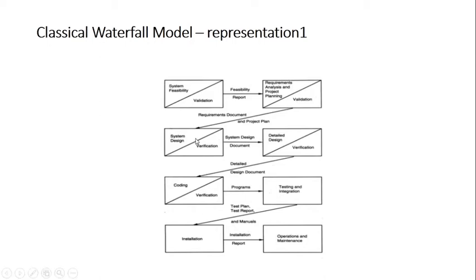Now we have two representations for this model. First I'll discuss the most descriptive way of representing this model. Though we say that we have 7 phases, here we have represented 8. We have divided design into two: system design, the high level design, and a detail design, which is known as low level design. So the two design phases are separately represented here, else they are 7 in number only. We have just segregated design into two parts.